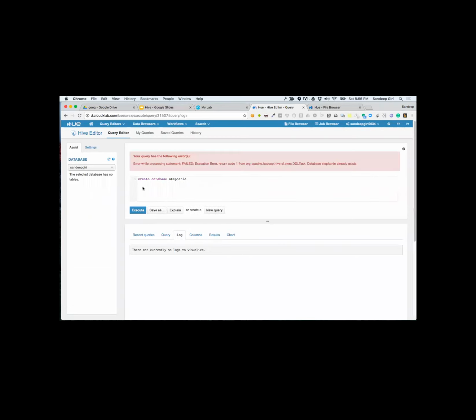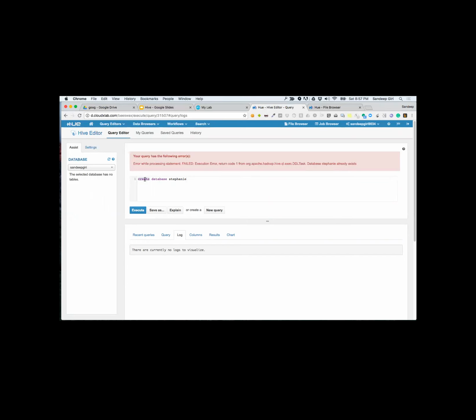What's the name of your database? If you try to execute it, say create database Stephanie. Interesting. It says that the database Stephanie already exists.